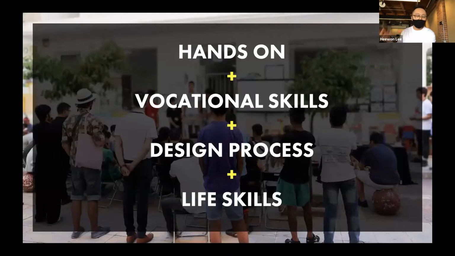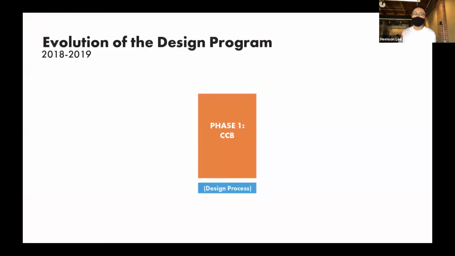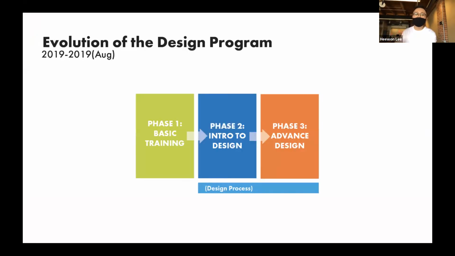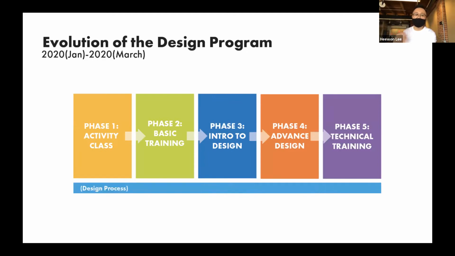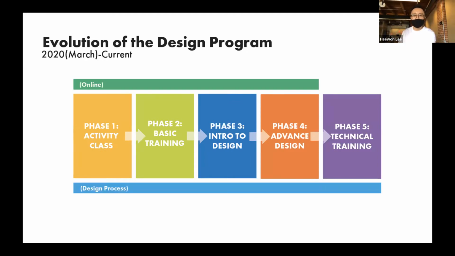All right, so quickly going over the curriculum. Our curriculum is very hands-on, tons of vocational skills. We teach about the design process, and in the process, they learn different types of life skills. I'm not going to talk about the nitty-gritty stuff about the whole evolution of the design program, but I just wanted to show you that we went through tons and tons of changes and iterations in order for us to arrive at a place where we have this 4 to 5 phase design program,